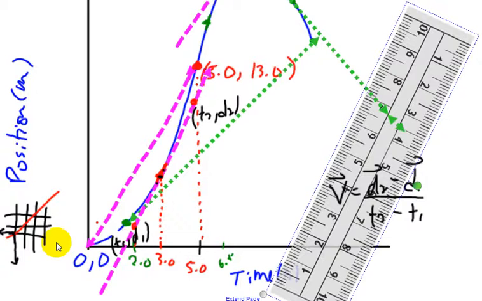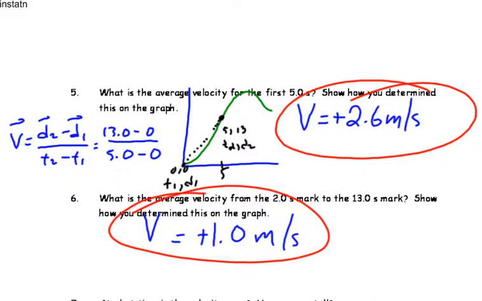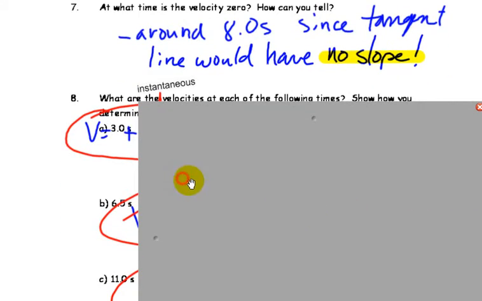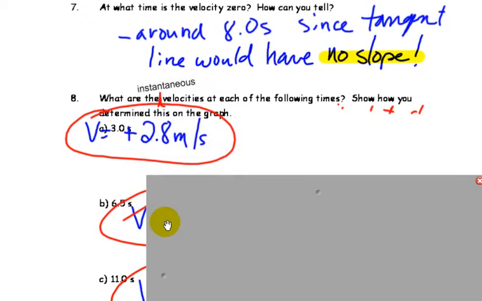And then from there, pick 2 points on that graph. Points that are relatively easy to read on your graph paper. Okay? So once you pick those 2 points, then it's just a matter of figuring out d2 minus d1 over t2 minus t1. So everyone will have a slightly different answer, but it should be very close to each other, depending upon what points you pick. So I'll have you work through that, and I'm going to want to see your work, and you should get around plus 2.8 meters per second. If you get something really off, please ask me what happened, and I'll try to figure out what went wrong